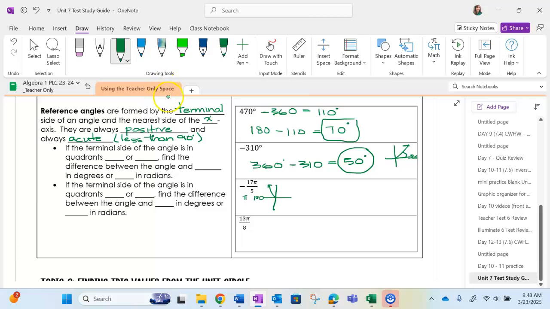You could say pi minus, but we'd have to figure out what this degree is here, because it's more than one rotation. So I always like to convert it to degrees, and you get 252 degrees, because it's minus 612, take away a whole rotation, and you get 252. Now, what is the difference between 252 and 180? And you get 72 degrees, but this is in radians. So change it to 2 pi